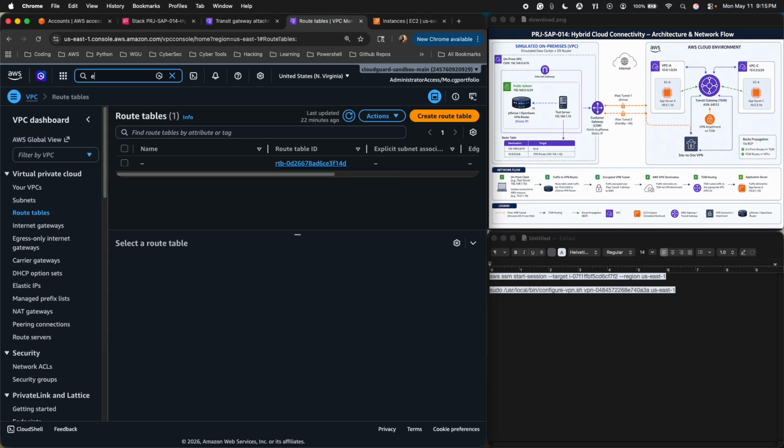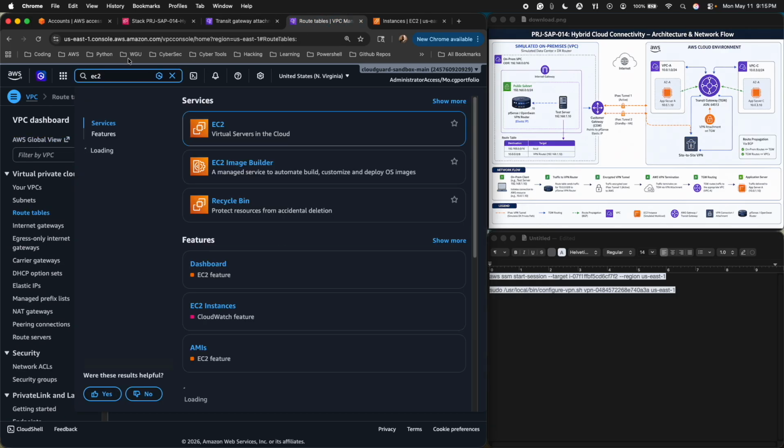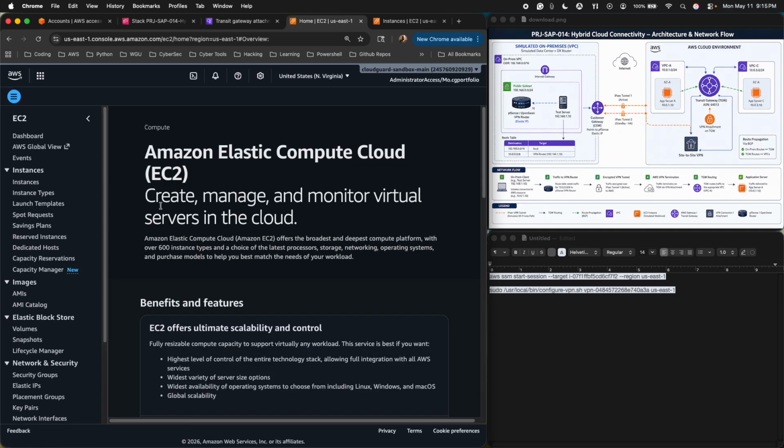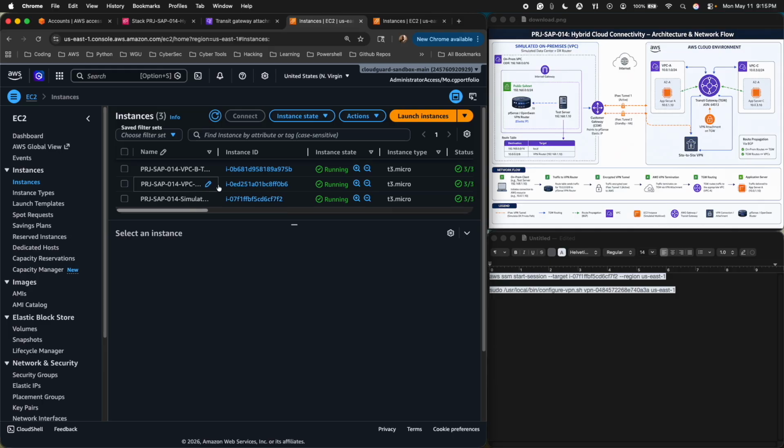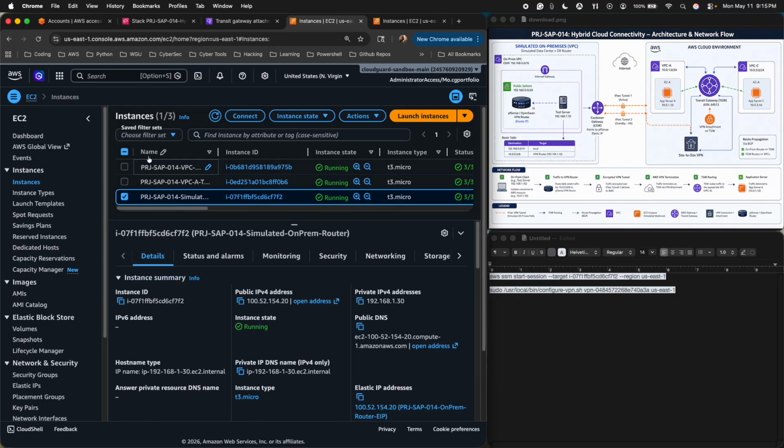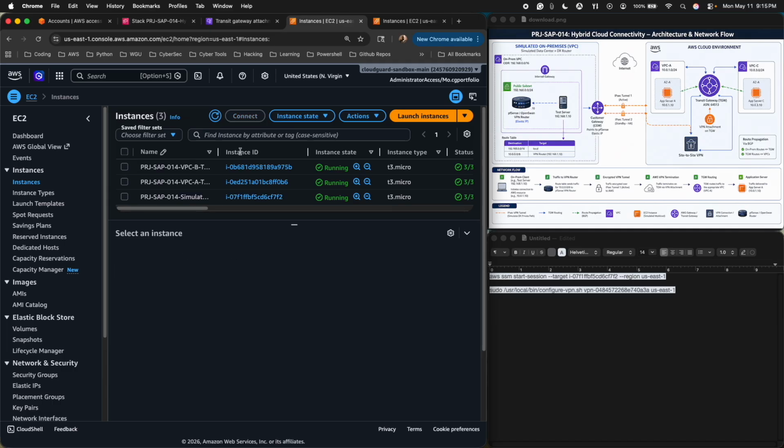If you come to instances, let's check out our EC2 instances and see the instances we have. Go to instances. Now we have the 3 instances. We have the simulation instance, the one that houses the router, and then we have the A and B instances. So right now we're going to connect to instance A, the on-prem instance,